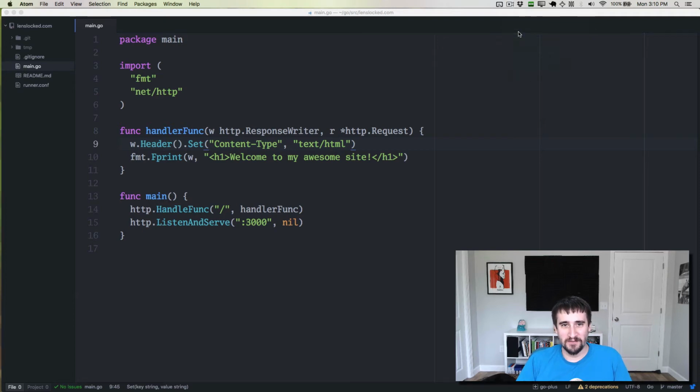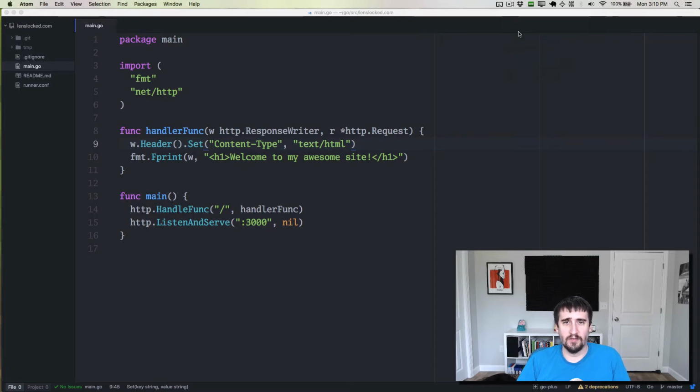Next up, we're going to add a new page to our web application. To do this, we're going to use the request object, and we're going to use a pretty easy if statement, and we're going to look at the path of the incoming request, and decide what page to render. But before we get to that part, the first thing I want to do is